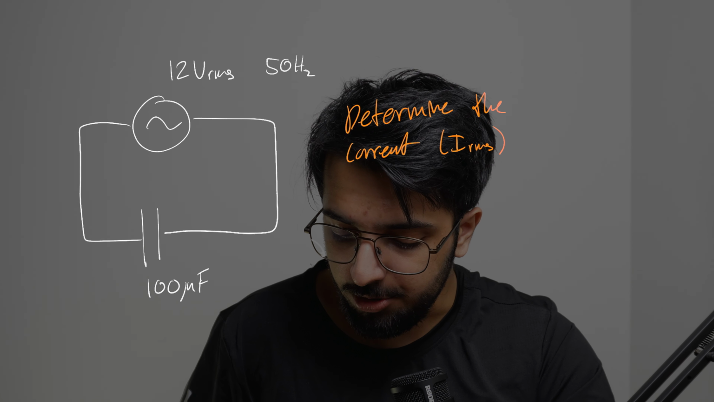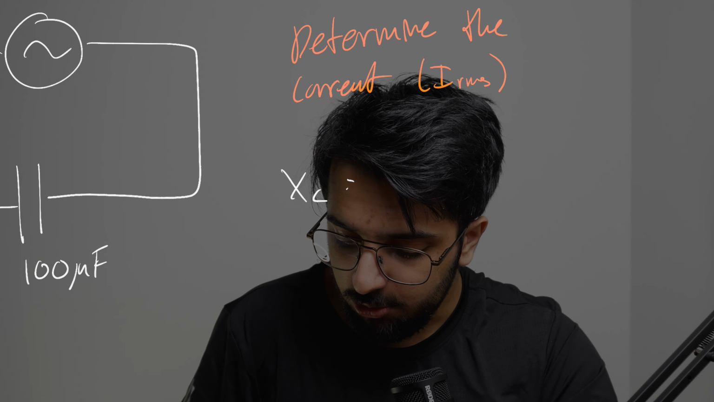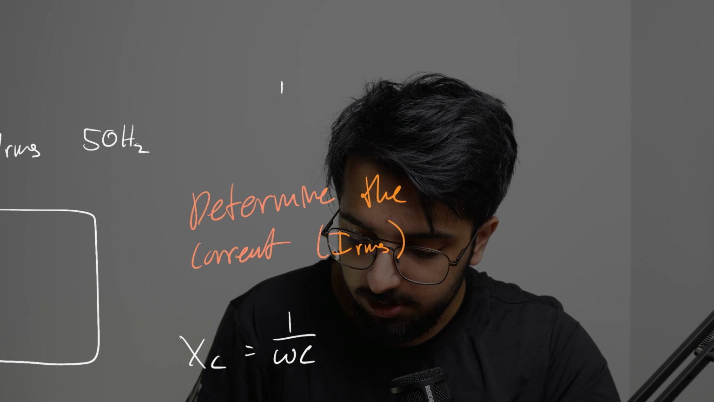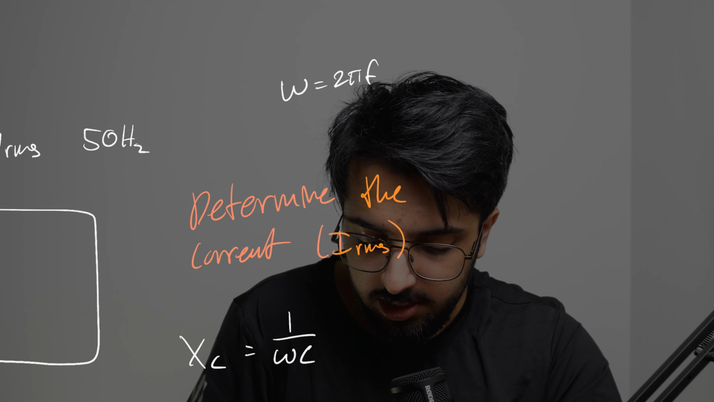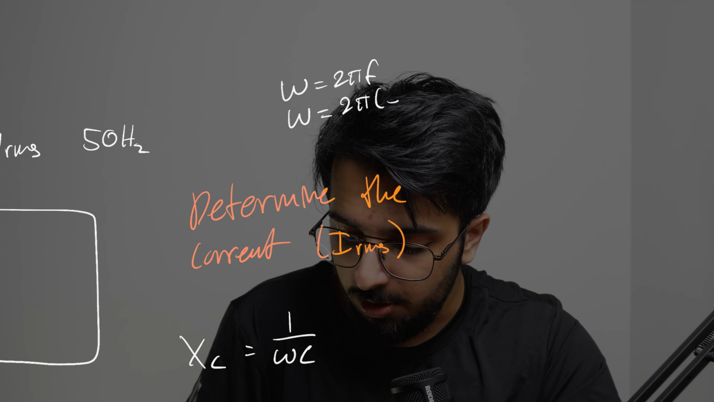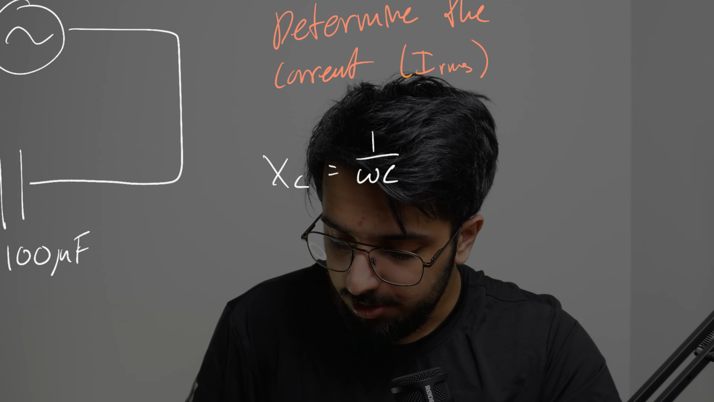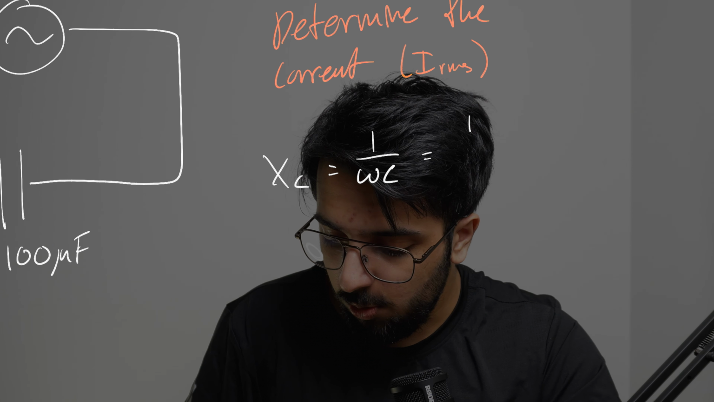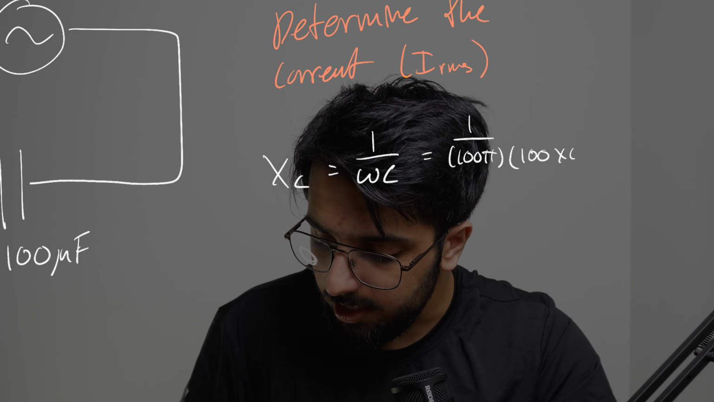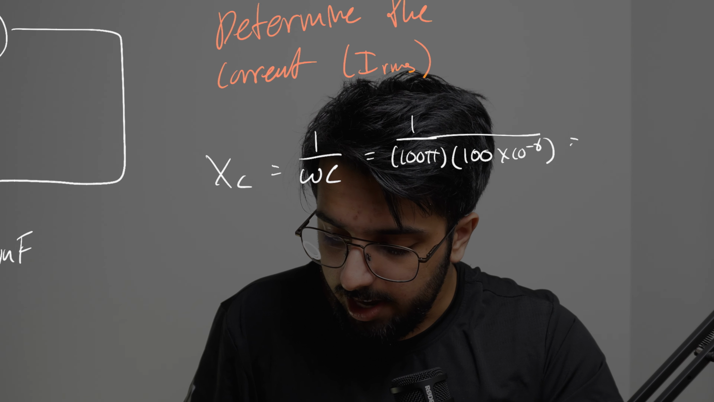So the first thing that I would do is first find out the reactance of our capacitor. We know that's equal to 1 all over the angular frequency times the capacitance. We know our angular frequency is equal to 2 pi f. We are given our frequency, and so our angular frequency is equal to 2 pi times 50, which is 100 pi, okay? And so we can plug in our numbers, 1 all over 100 pi multiplied by 100 times 10 to the negative 6, because this is microfarads, okay? And this gives a reactance of